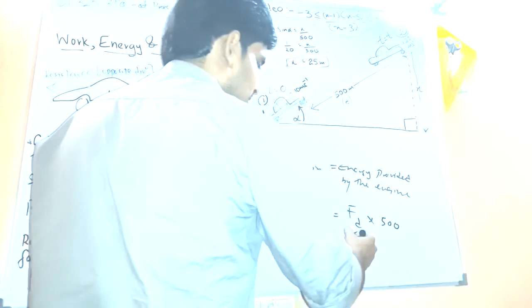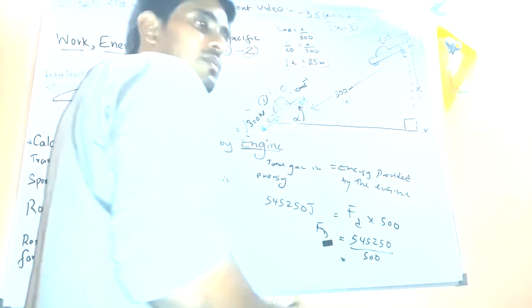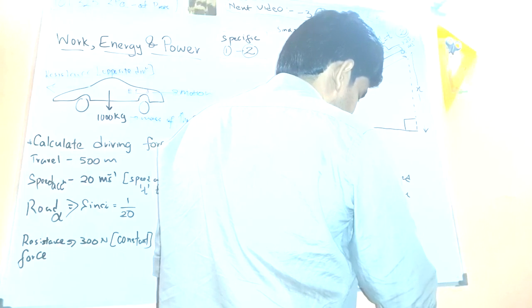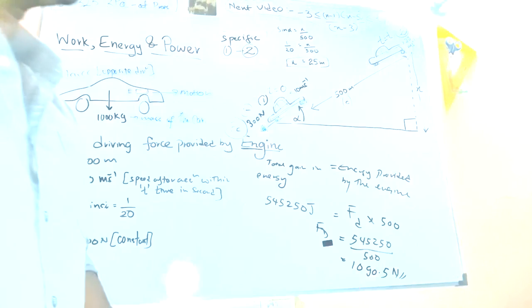So then what is Fd? Fd equals 545,250 divided by 500, right? So what would be the answer? If you carefully do the simplifications, the final answer will be 1090.5 Newton, right? So that is the driving force provided by the